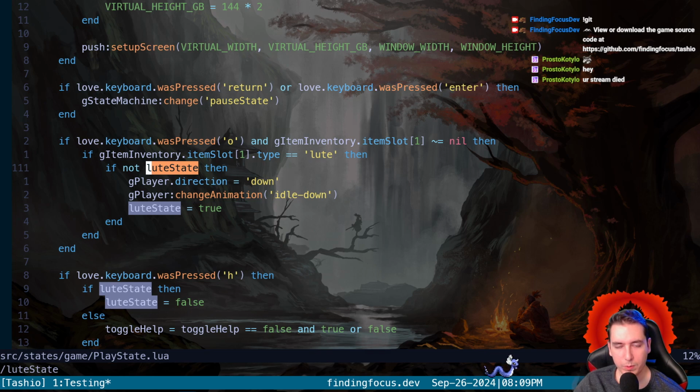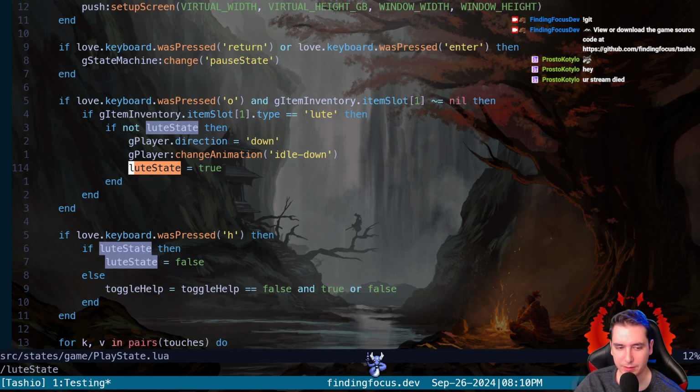Okay, so we would keep this here so that we can toggle our Lute state, but I guess we can keep the word Lute state as a trigger, but if we move all the logic into a Lute class, then we only update that class if Lute state is true. Or we could...